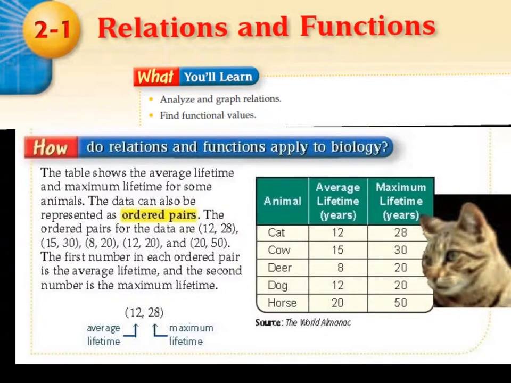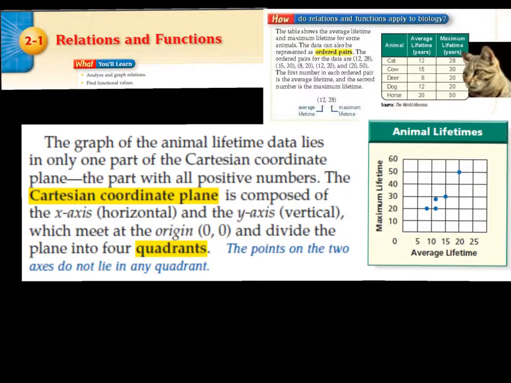The ordered pairs for the data are (12, 28), (15, 30), (8, 20), (12, 20), (20, 50). The first number in each ordered pair is the average lifetime, and the second number is the maximum lifetime. The graph of the animal lifetime data lies in only one part of the Cartesian coordinate plane, the part with